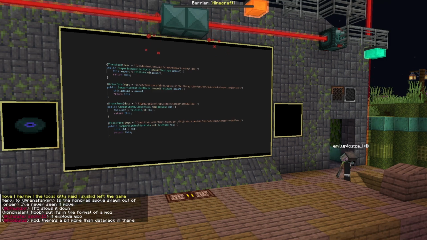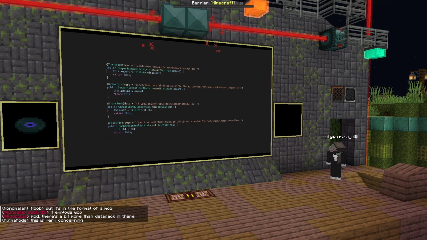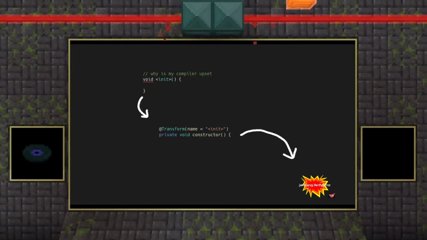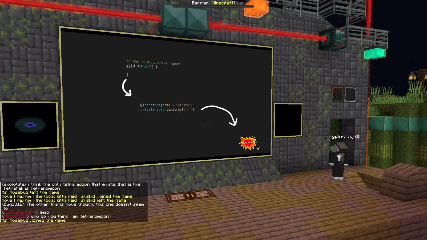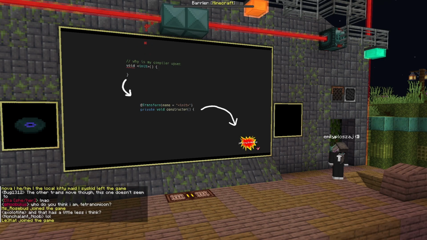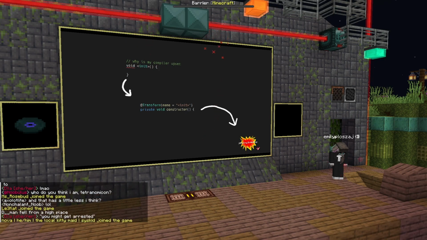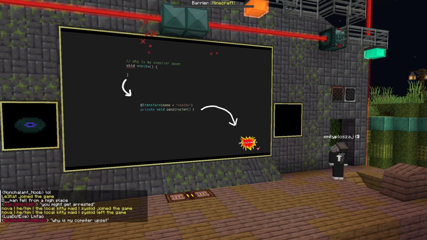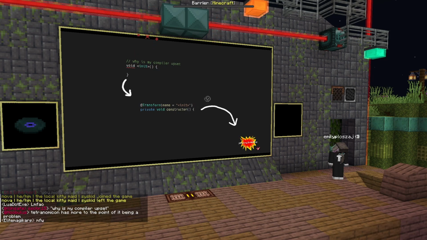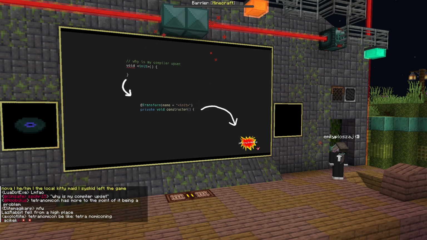I can also utilize @transform to add constructors to my own classes. If you were to join a Mixin support channel and ask how to add a constructor to a class, you might get arrested. In Java, a constructor is just a method with the name init surrounded by angle brackets with a return type void. So all I have to do is utilize @transform to rename one of my methods to init, and everything's great, right? I'm sure the tone of that question inspires great confidence in my suggestion, because no, actually, that's